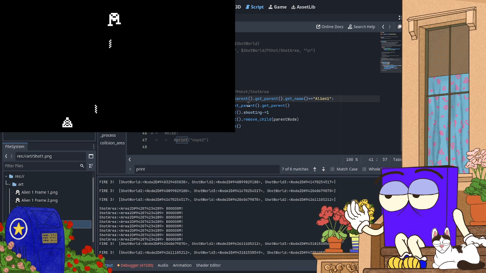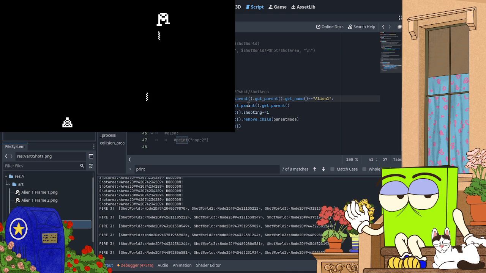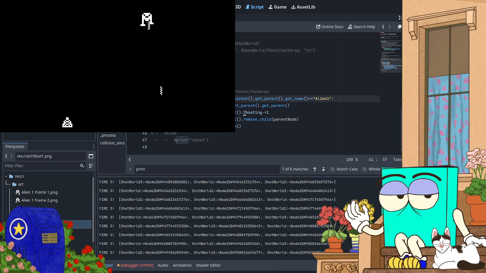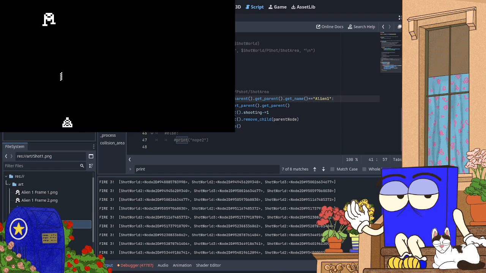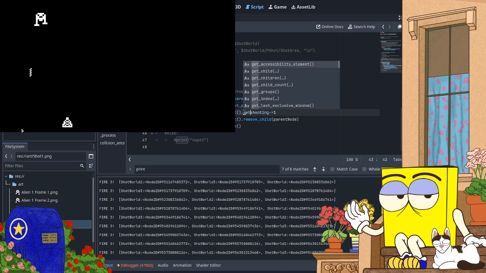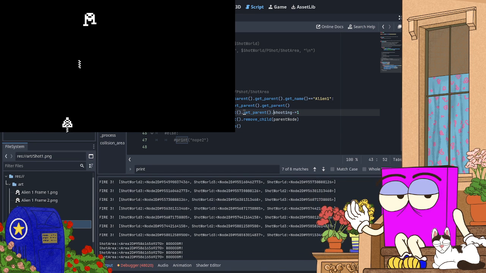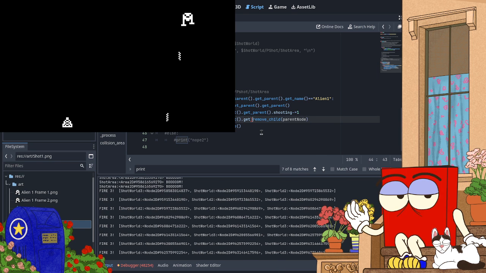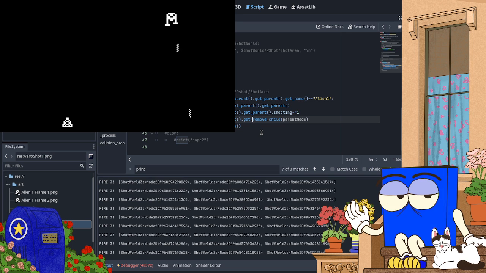Our parent node. Get parent, get parent, get parent. Shooting equals 1. Get parent, get parent, get parent.